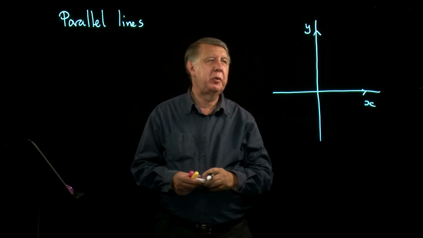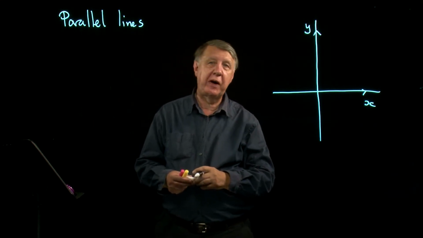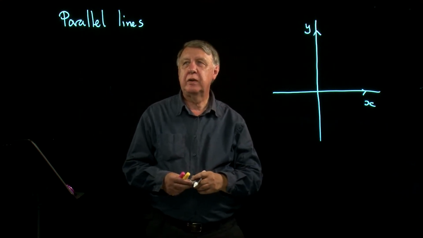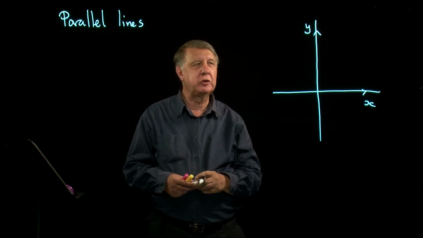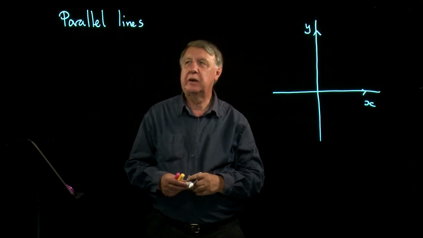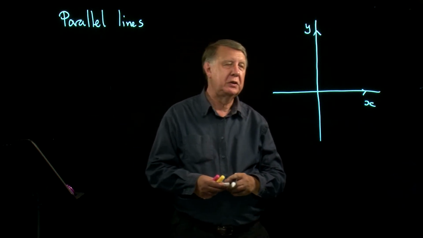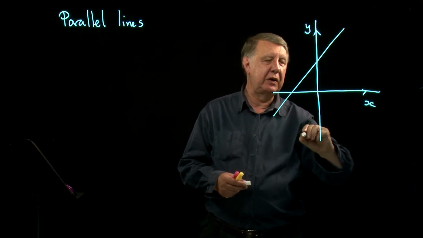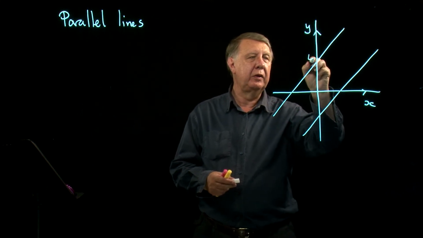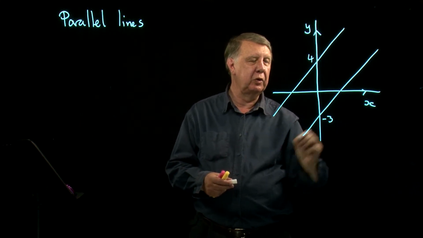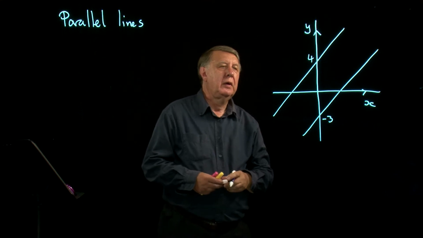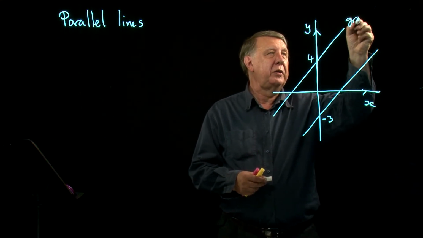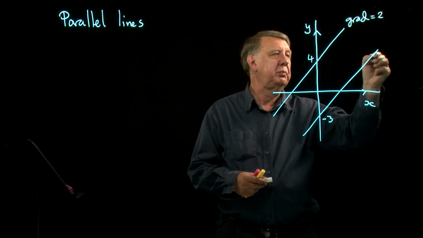Let's look in a little bit more detail at lines that are parallel. I'm sure that you've done quite a lot of work on this in your GCSE course, but there are one or two tricks that are worth finding out at this level. We know, of course, what parallel lines are, and if I were to draw those two lines through there and say that the gradient of each line was 2,